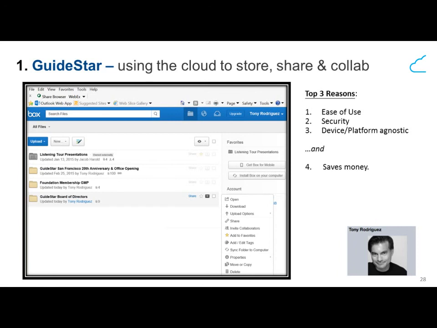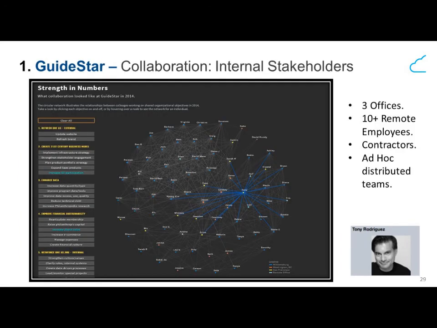On my next slide, I'm a little jealous of Brian's animated map. This is ours, which is not animated, but it's interactive. And this is not a live link to it, but what you can see here is the way GuideStar has started thinking about internal collaboration: each employee is connected to many different groups, many different initiatives, and many different objectives. I'm highlighted in the screenshot that you're looking at, and these are all the people that I'm working with across departments and across the company that ultimately will reflect on the success of the work that I'm responsible for within the organization.